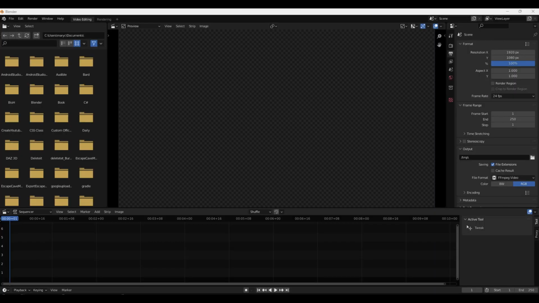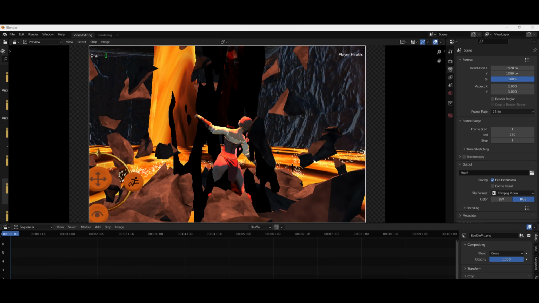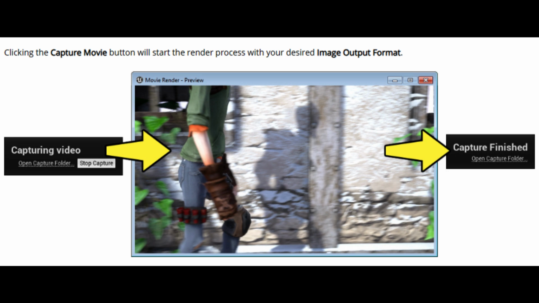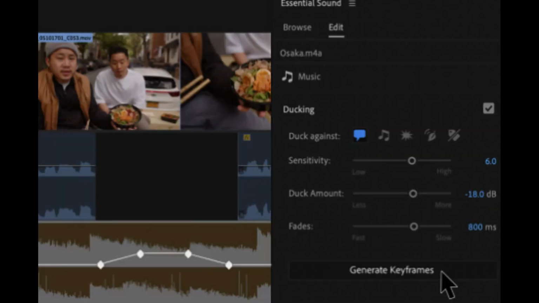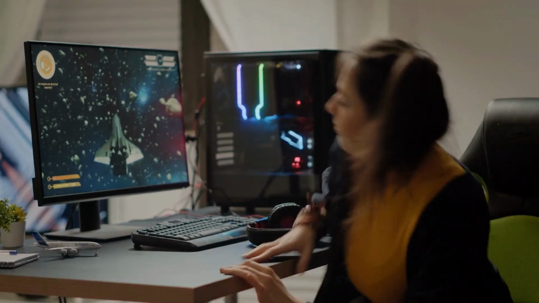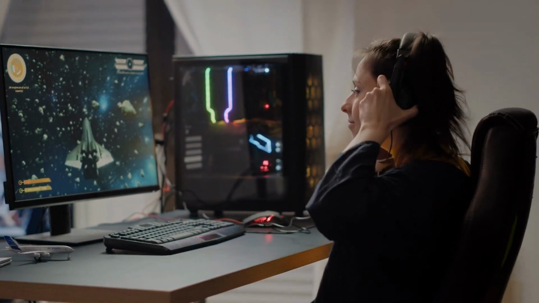Blender's video editor is a versatile video editor that can be used for a variety of tasks, including editing, compositing, and animation. The video editing features in these 3D creation suites are not as powerful as those in dedicated video editing software such as Adobe Premiere Pro or Final Cut Pro X. However, they can be a good option for people who are looking for a free and easy way to edit